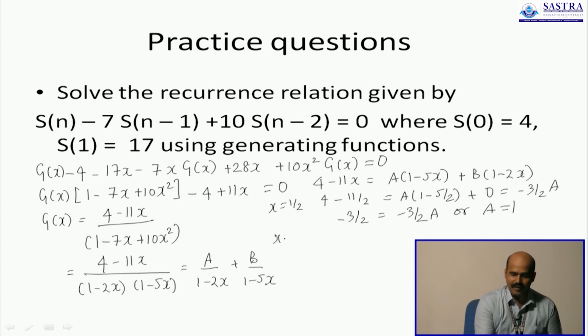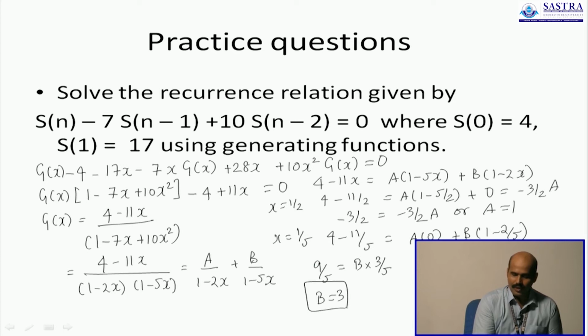Similarly, if x is 1 by 5, we have 4 minus 11 by 5 giving us a times 0 plus b times 1 minus 2 by 5, which is 20 minus 11, 9 by 5, giving us b times 5 minus 2 by 5, which is 3 by 5, or b is 3. So a is 1 and b is 3, which means we have the partial fractions as 1 upon 1 minus 2x plus